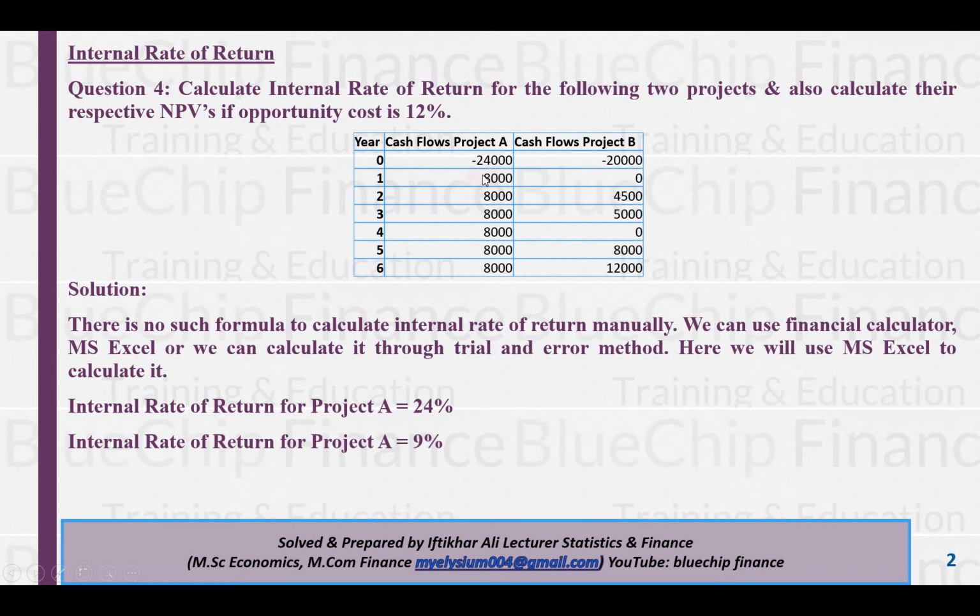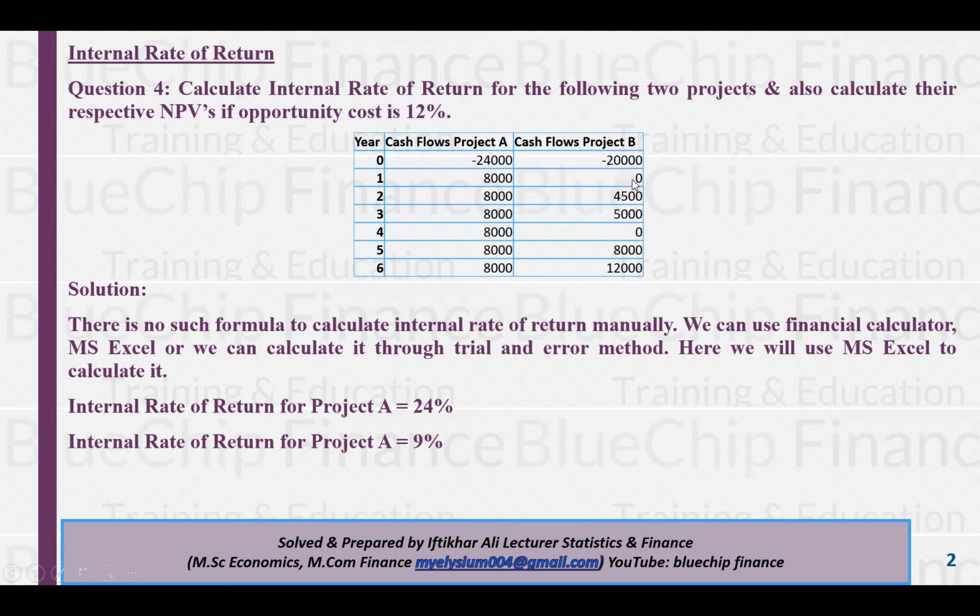As you are seeing here, the cash inflows are similar, but if you choose project B, then your initial investment is $20,000, and as a result of investing this $20,000,